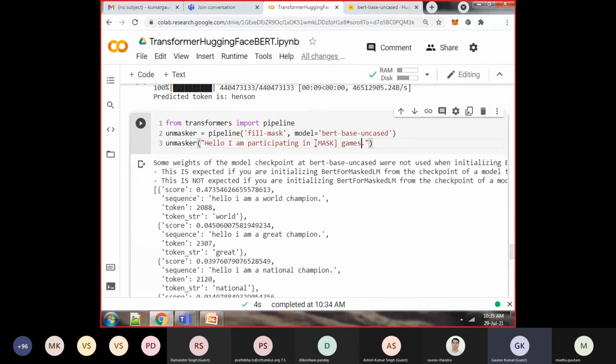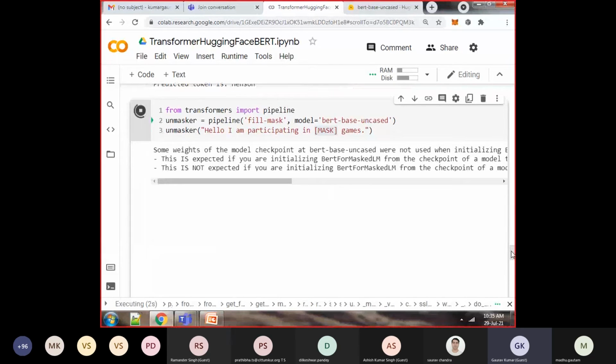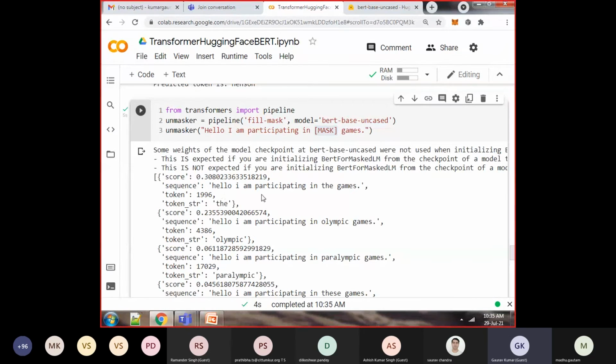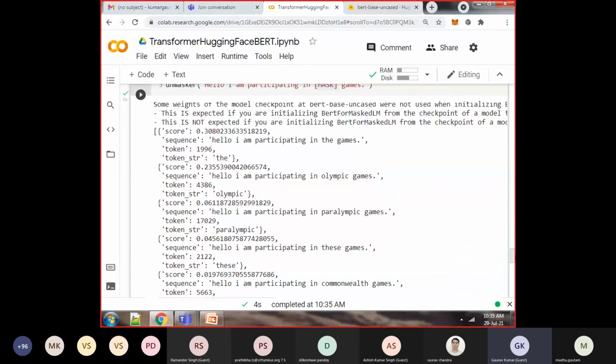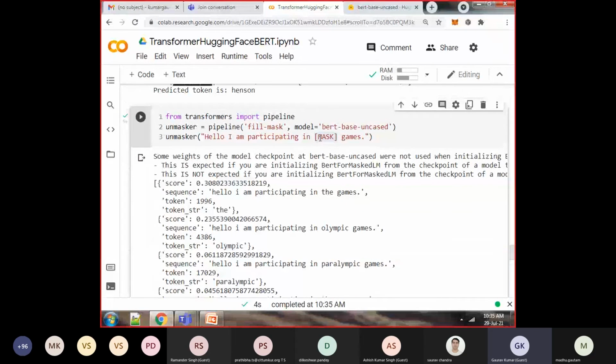It will predict what value should be here using the BERT algorithm of Google. Using only these 3 lines, only 2-3 lines of code, we can import the Google algorithm. So I'm participating in Olympic Games, in Paralympic Games, in these games, in Commonwealth Games. Okay, so different values in the